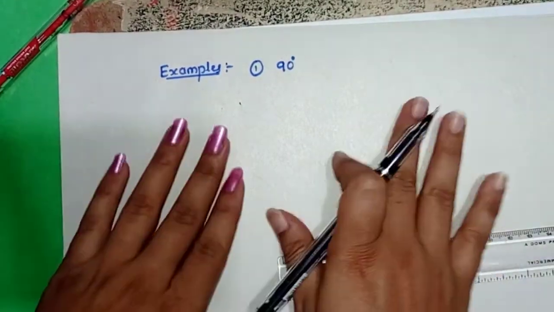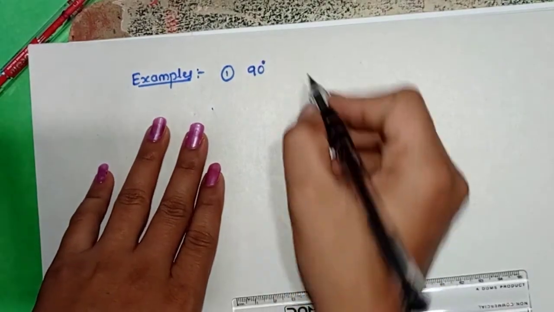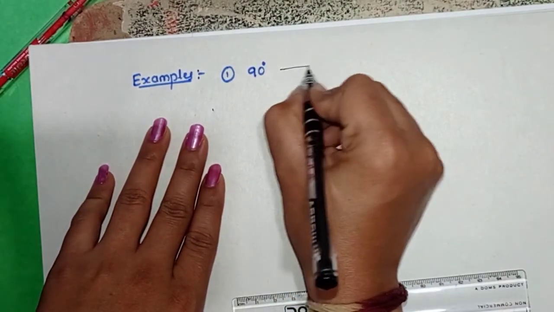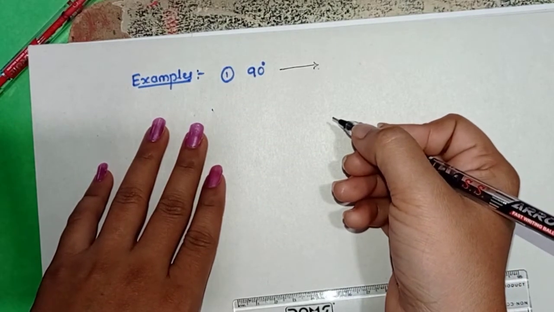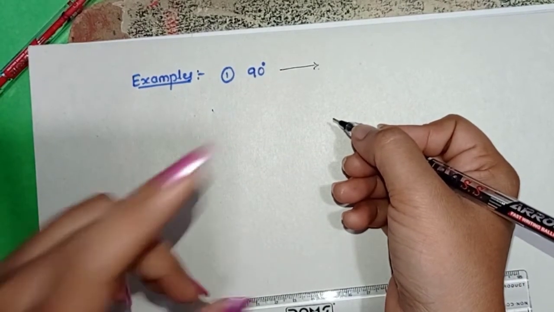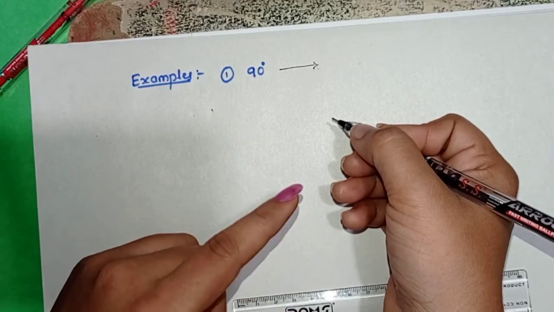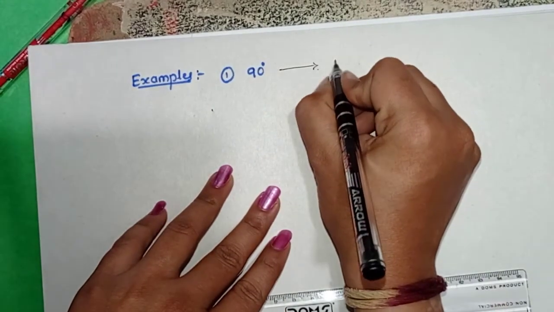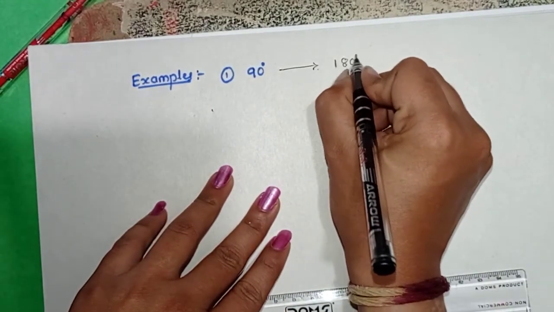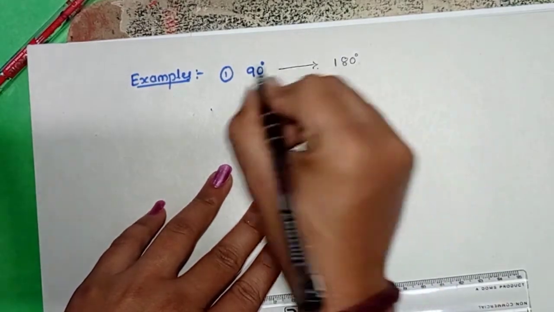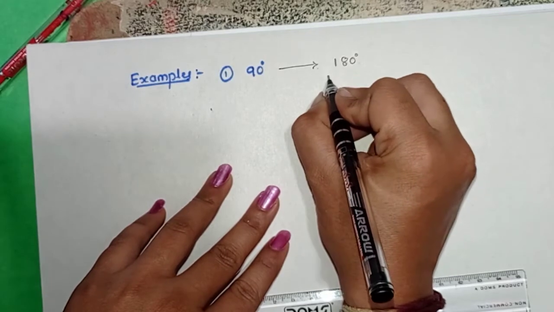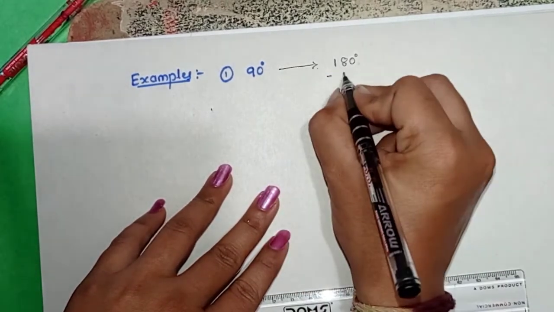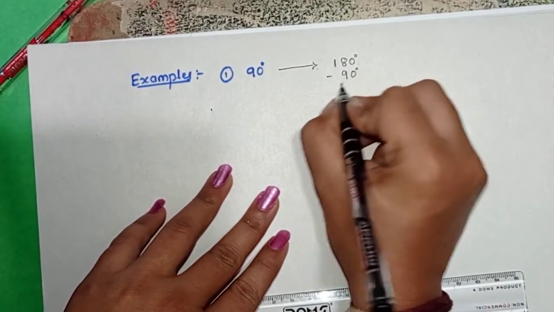Let us find out. As I showed you the trick to find complementary angles in the previous video, the sum of two angles was 90 degrees, and here the sum of two angles is 180 degrees. So the trick is we have to take this angle away from 180, then we get the supplementary angle for this 90 degrees. I will now subtract 90 degrees from 180 degrees.